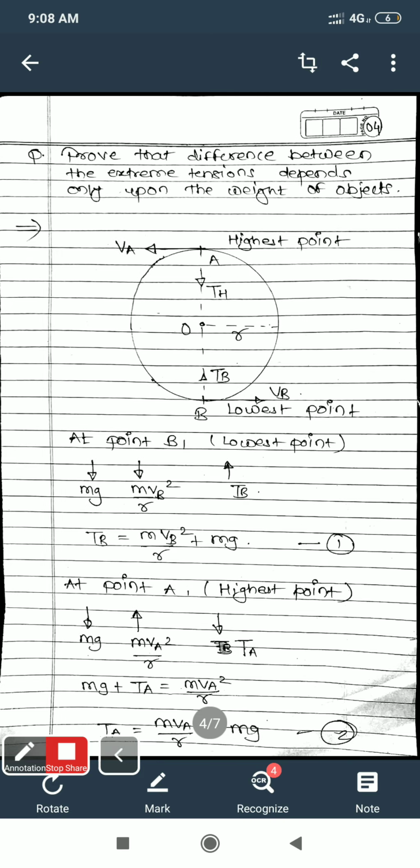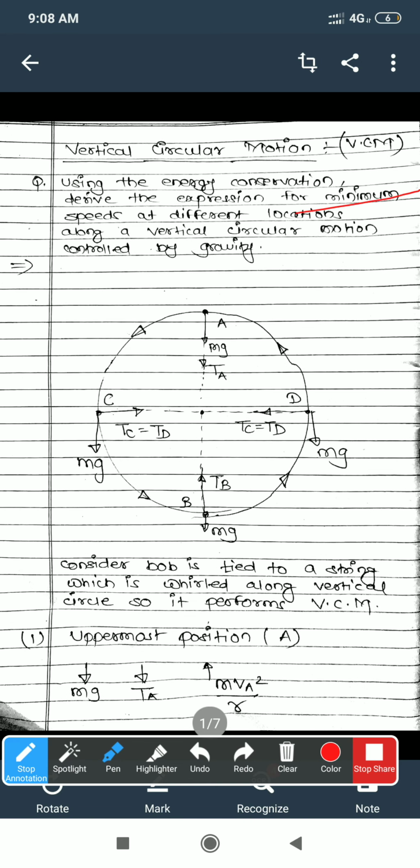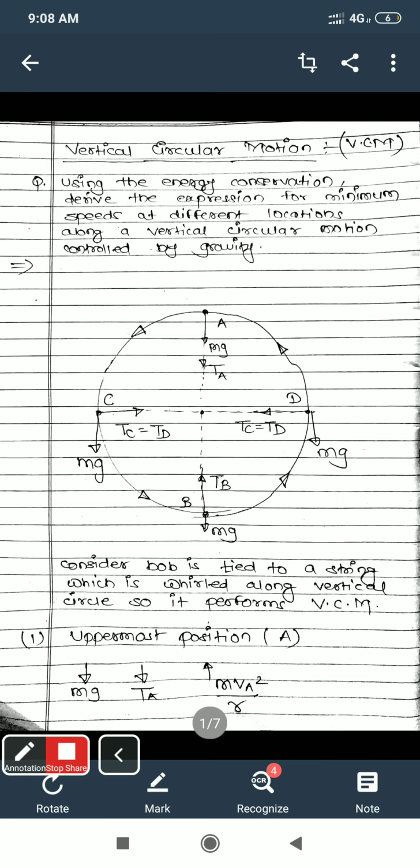So this is nothing but your question here. What they have asked you is the expression for minimum velocity at different locations. So we have already calculated it. In the next lecture we will see about the tension. Now just consider here the speed, whatever speed we have calculated. Remember, these points will be required in your numericals. So I hope you have understood these things, and we will go to 1.7 after this lecture and consider the various tensions.